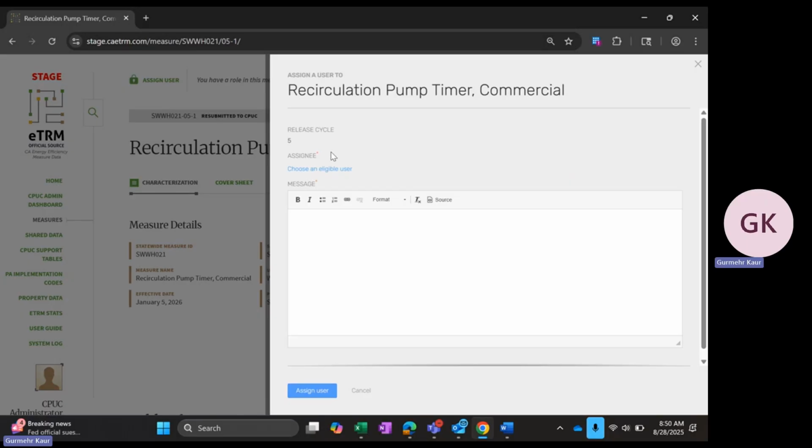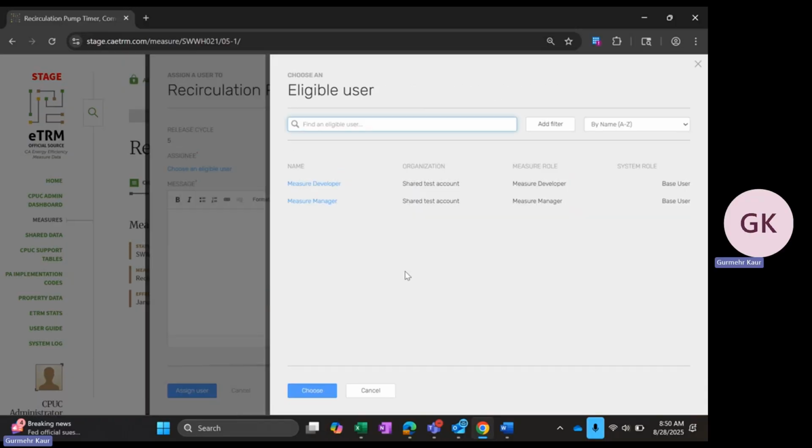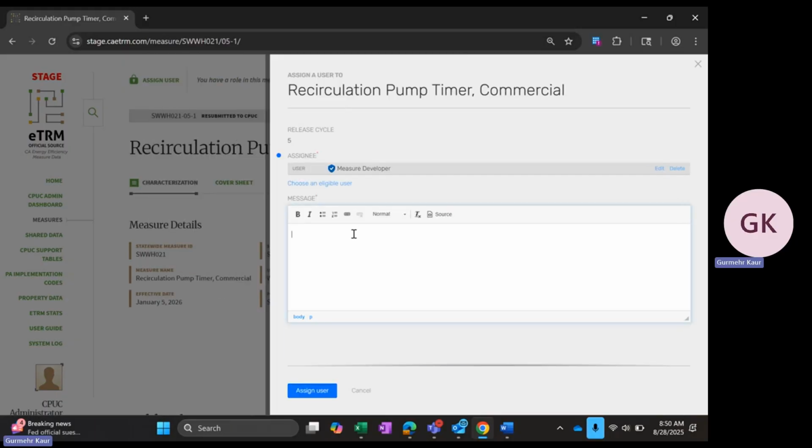It will also give me the option to choose an assignee and write a message. So I'm going to click here and choose an eligible user, and this will show the different users that have development privileges on the measure. Select the user that you would like to assign to this specific measure, and then press choose. You can also leave a short message letting them know that they are now assigned to the measure. Once you are done, you can press Assign User,